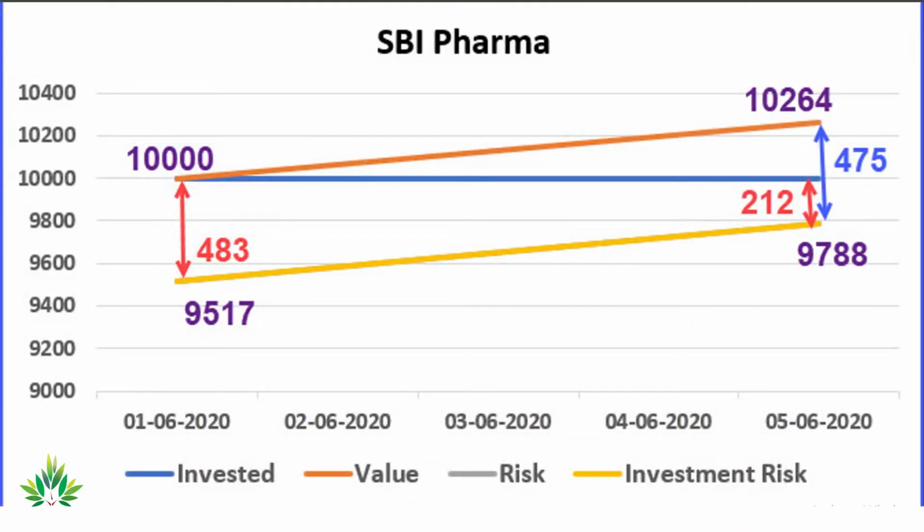Let's look at the graph of how the performance has been. I have taken only SBI Pharma Fund. There is no discrimination of the other two funds, I just randomly selected one fund. SBI Pharma Fund: if we had put 10,000 rupees last week when we had discussed, that is on 1st of June, that investment today is valued at